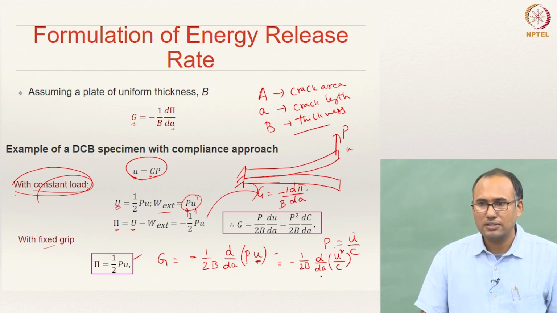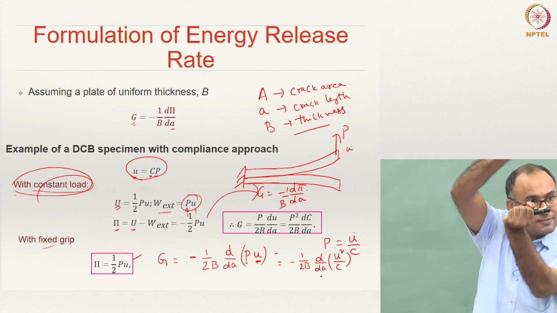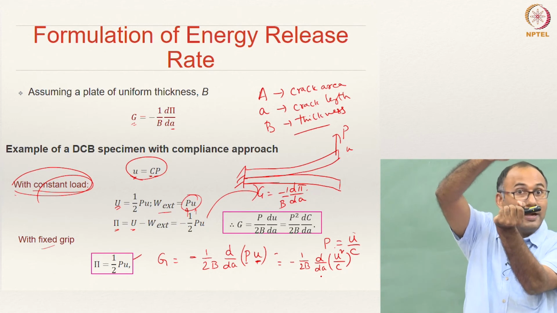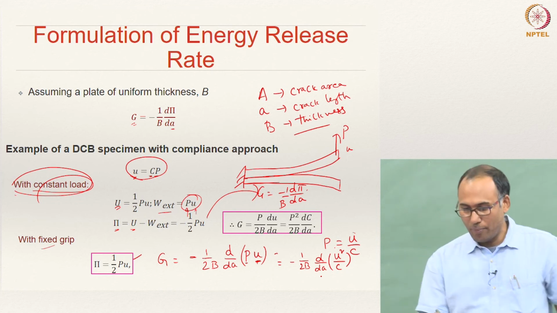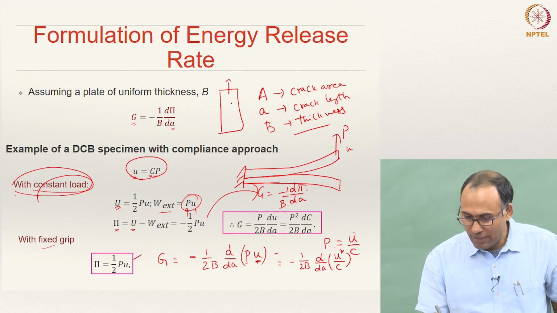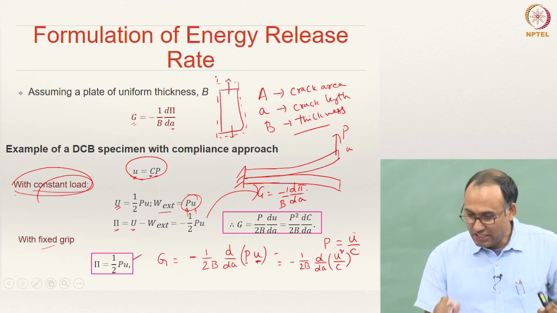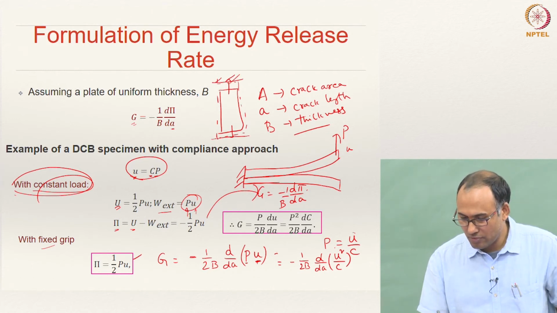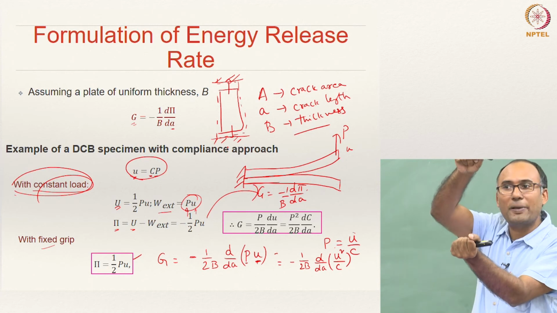Is that clear or not? Change in displacement is 0. You have applied some displacement and then you are holding there. So, the initial strain energy that you are putting in is half Pu, right? And the U is not changing afterwards. So, you have a body, to this body you have applied some displacement, and there you are holding, that means at that displacement you are fixing. That is what you mean by fixed grip experiment.